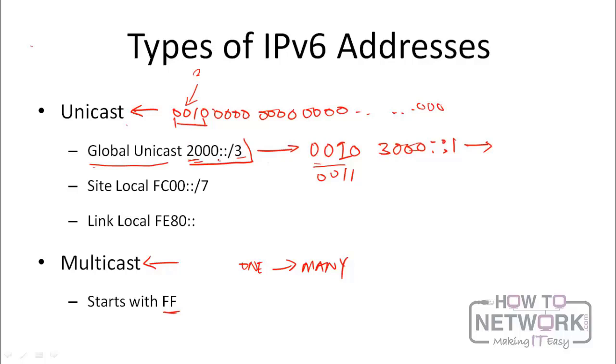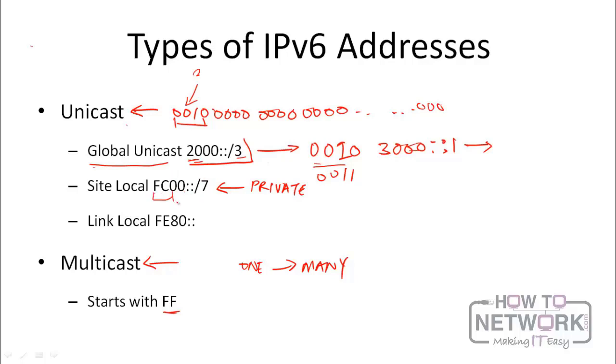Next on the IPv6 addresses we're going to look at is what's called a site local address. And the site local address is also called the unique local address. And basically the site local address is just the equivalent of private IP addresses. Now it really doesn't make any sense to have private IP addresses in IPv6 because we have enough global unicast addresses to go around, but you know that old habits die hard. So the people that designed the IPv6 addressing just created a scheme for private IP addressing in case anybody wants to use it. And the IP address range is